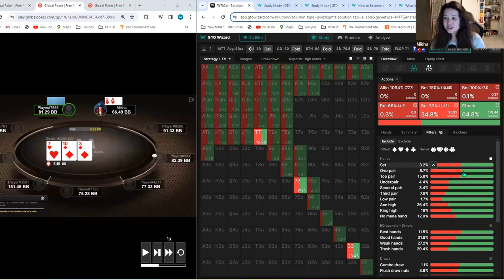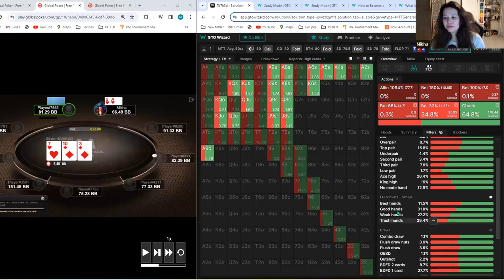That's not very much. Top pair is pretty meaty. Ace high is really meaty, 27% of the time. And then a lot of times they don't have a made hand. So this really helps you identify more of, and then I'll go down here actually, before I start that